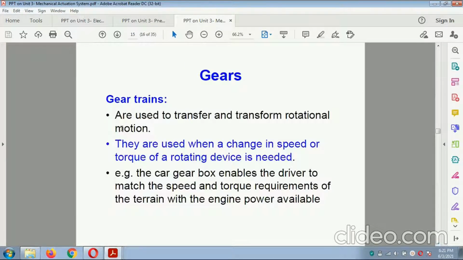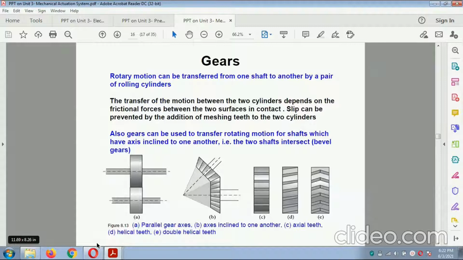Gears transfer rotational motion. They are used when a change in speed or torque of the rotating device is needed. That is, the car gearbox enables the driver to match the speed and torque requirement of the vehicle with the engine power available. So rotary motion can be transferred from one shaft to another shaft by a pair of